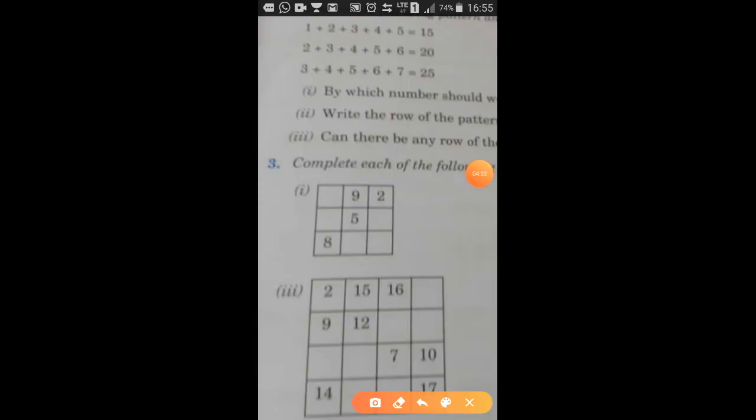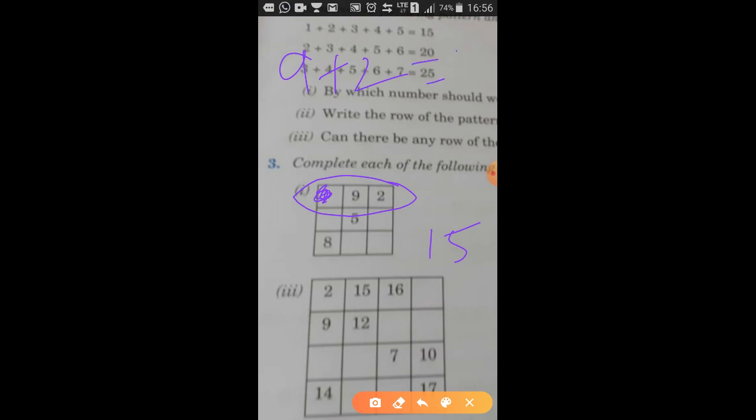So now I will choose these three boxes first. Over there you have 9 plus 2. But this box over here is empty. What do you need to fill up in this box so that you get the total as 15? This is what you're deciding. What do you need to fill up in this one to get 15?